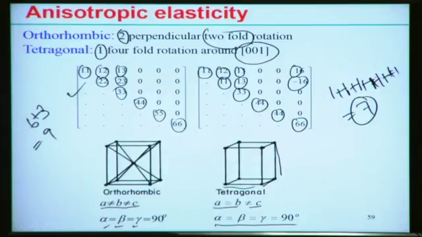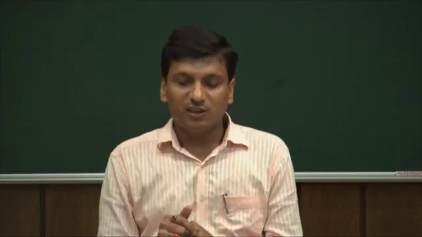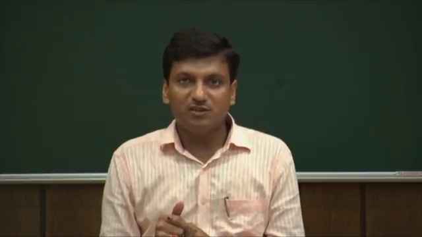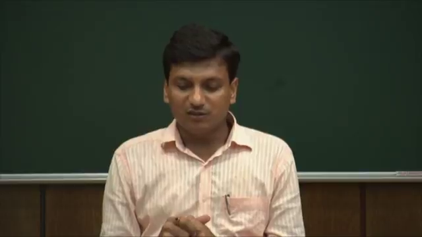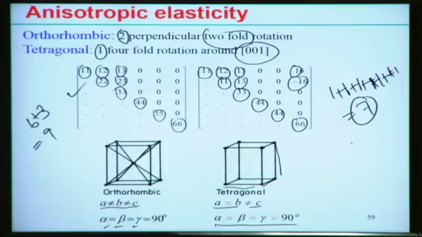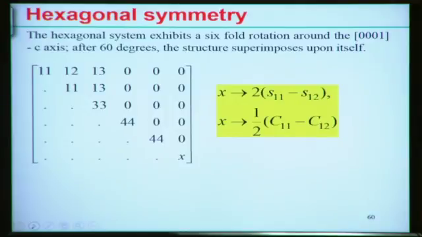So that means a total of 7 constant terms exist in the case of the tetragonal crystal system, if we analyze the symmetric nature of the tetragonal structure. The message from here is that if we further analyze the symmetric nature of different crystals, then we can bring down the total number of constant terms. Now if we look into the hexagonal symmetry, the hexagonal crystal structure,